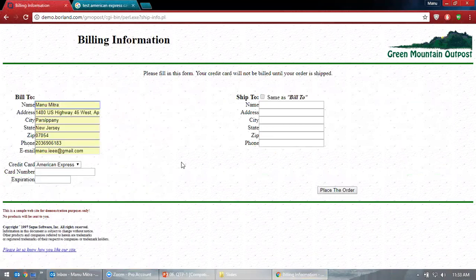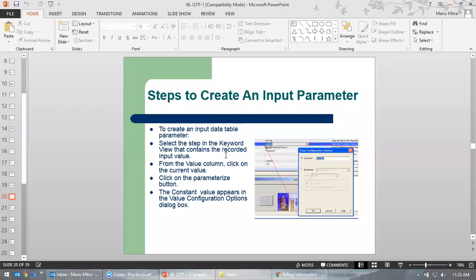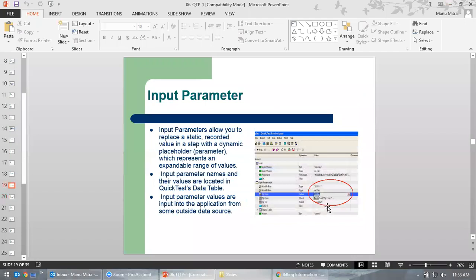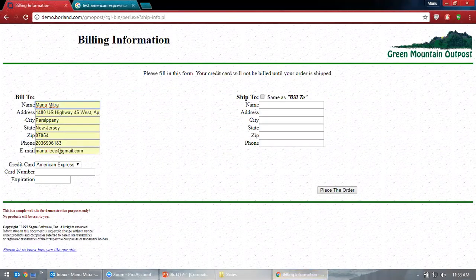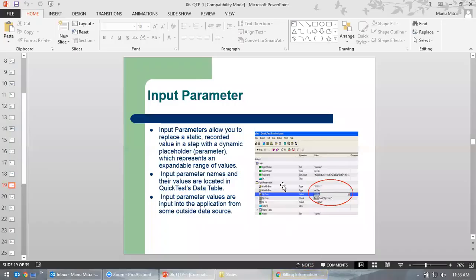Now you have put this information, right? Remember, what you do is remove that value and put a variable into it. Once you put a variable, you can do multiple work with that. Let's say there are a lot of values here. Instead of taking my name here, you put a variable and tell QTP